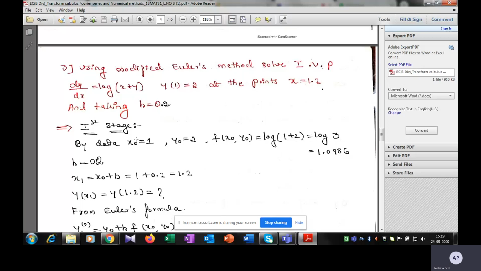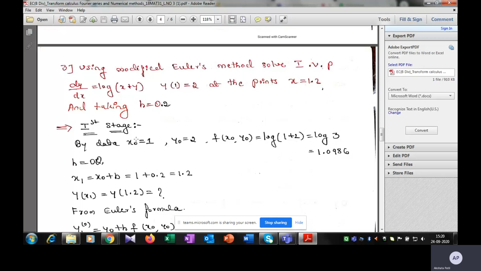Okay, in some examples they have not mentioned the h value. In that case we need to use the formula x1 equals x naught plus h, so by using this formula we can also calculate the h value. But in this example the h value is given directly, so there is no need to calculate it again. So let us solve this example. Solution: let us write the x naught value, that is 1, and y naught is 2, and f of x naught